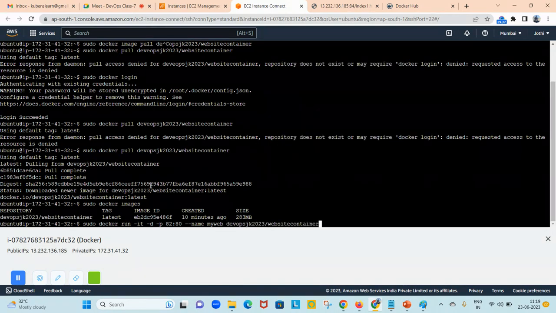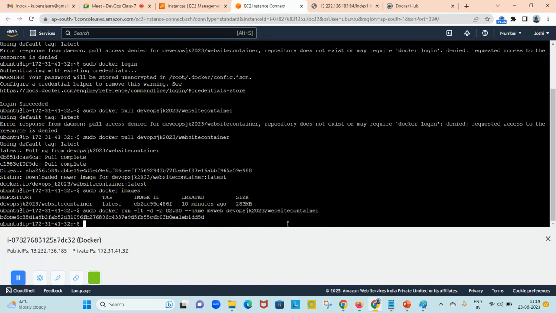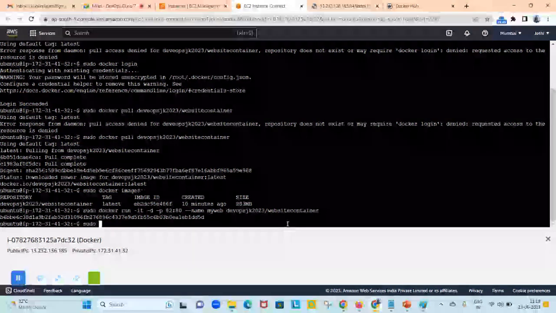Okay. Command is looking good. Sudo docker run -it -d -p port number, and the name of the container is my web, and then the image name. The image is created. Now let's try to get into the